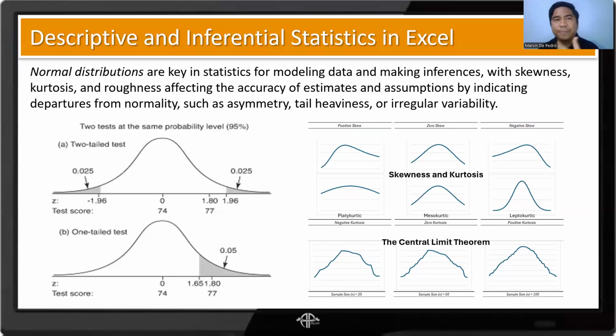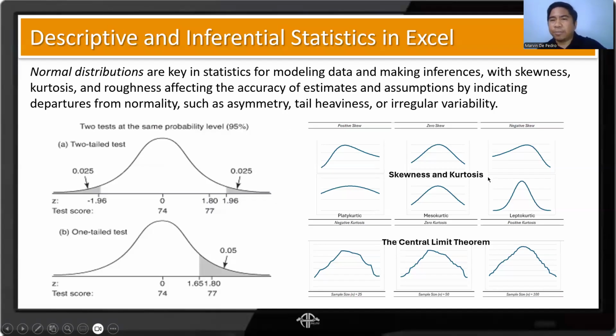But as mentioned in our module one, we have the central limit theorem. If you have a very low sample size, then you cannot expect your data set to be normal. That means if you base your statistical testing on a non-normal data set, then the result could not be credible enough. An indication, when it comes to visualization, that the data set is normal is of course when it is bell-shaped, whether it is a one-tailed or a two-tailed test.